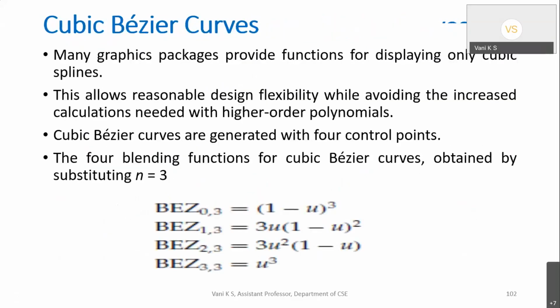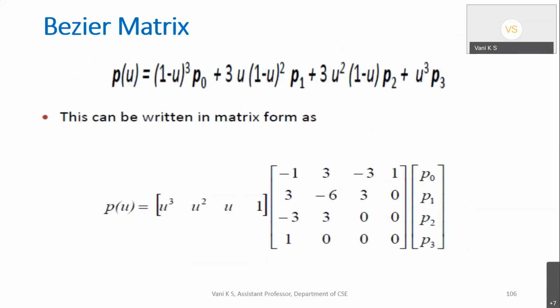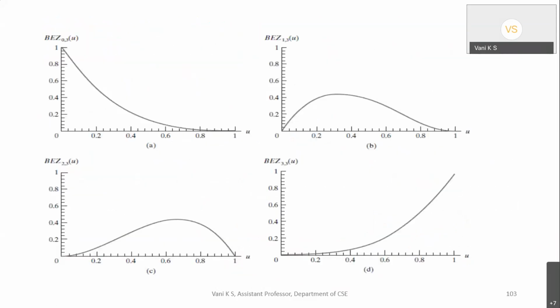And as I told, the most common Bezier curves are the cubic Bezier curves. A Bezier curve can be of any exponent. It can be 3, 4, 5, anything. Again, I told you, when the power becomes more than 2 or 3, it is very difficult to calculate all these formulas and polynomials, because more computation means more time. Now, the most common type of Bezier curves are cubic Bezier curves.